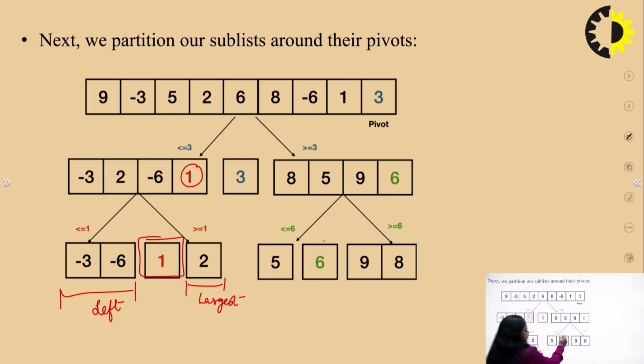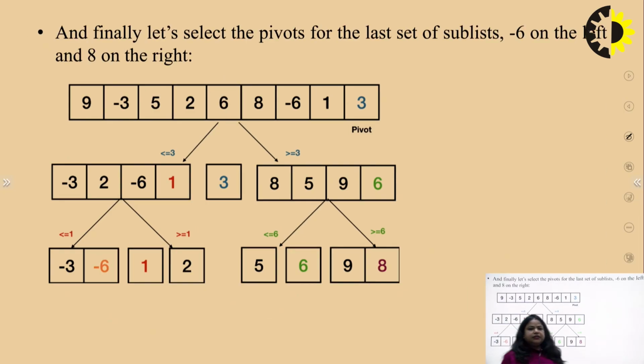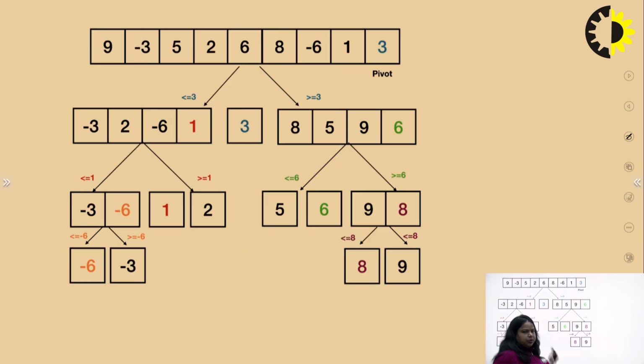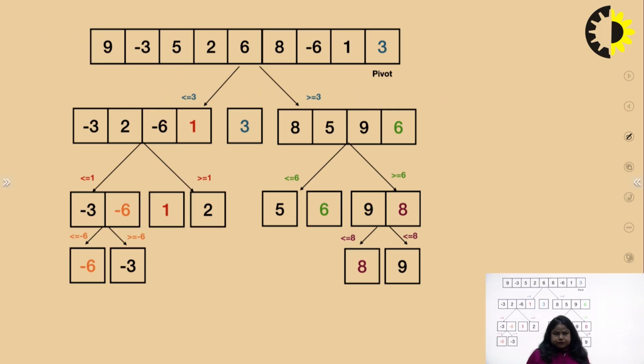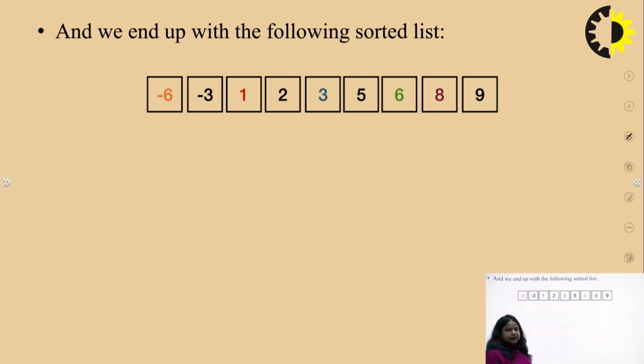Then again, if 6 is the pivot element, then this is the smaller side, or you can say the left side, and this is the right side. Similarly, again and again we have to apply the partition concept until we reach the final destination. This is the way we find the complete sorted list. In the end, whenever the pivot element is called recursively, we get a sorted array. This is the way quicksort works.